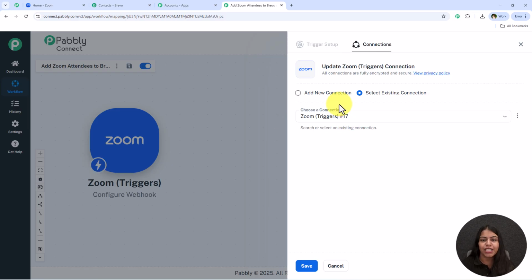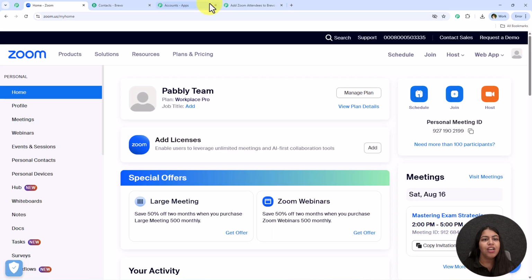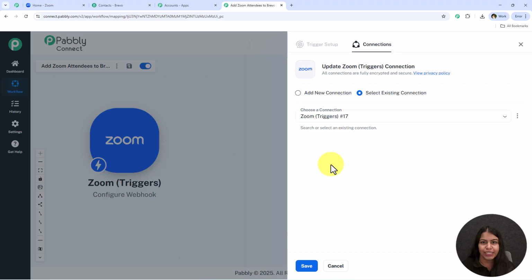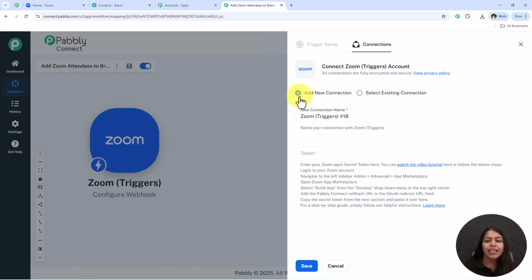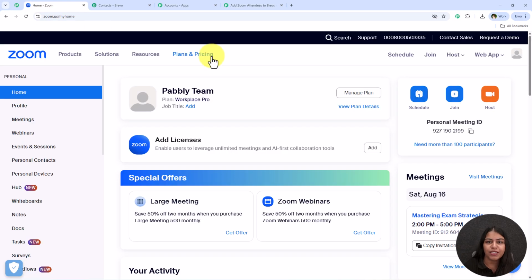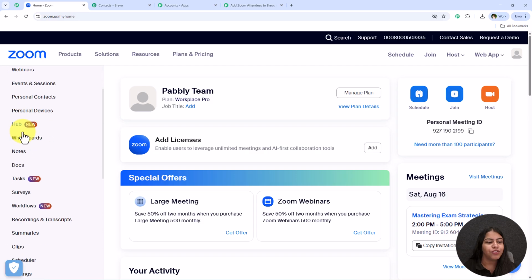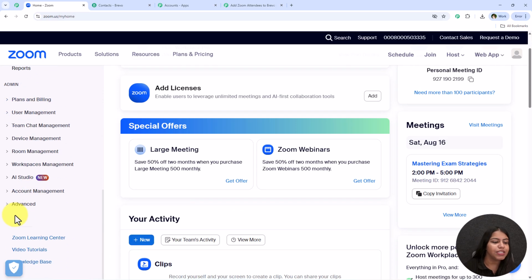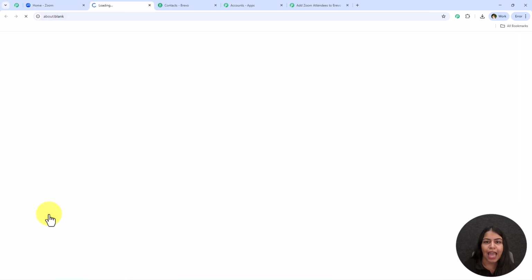Now in order to create a connection between Zoom and Pabbly Connect, I'm going to open my Zoom account. But before doing this, if you have already created this connection, you can simply go towards this select existing connection and then save. But if you haven't, you have to follow me, come to add a new connection and then open Zoom. And after opening your account, you have to go towards the left side towards this advanced,